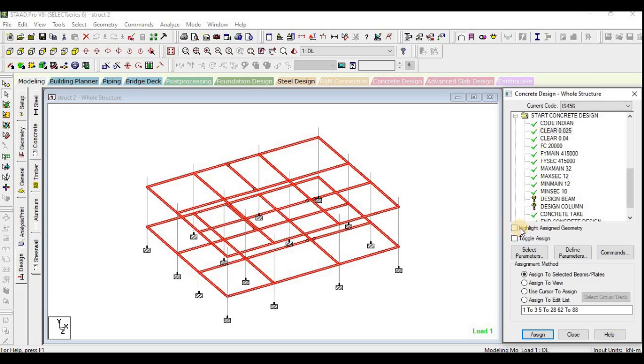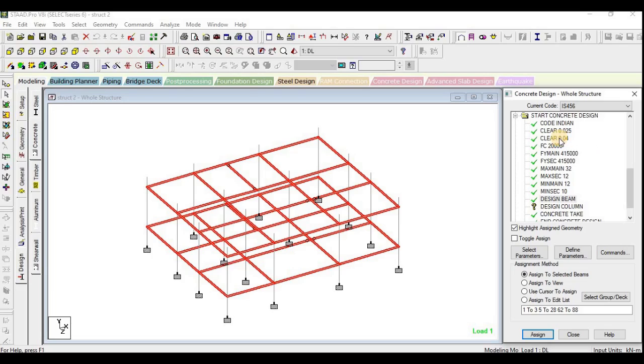Now I have removed this tick mark. So if I click somewhere else, it will not highlight what is assigned. It is comfortable for me that I can directly assign the design beam. So I have chosen the design beam, and here assign to selected beams. Only the beams are selected, so I have assigned.